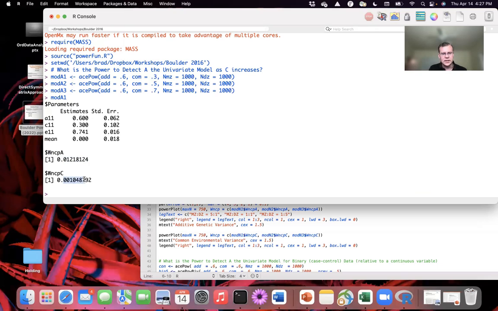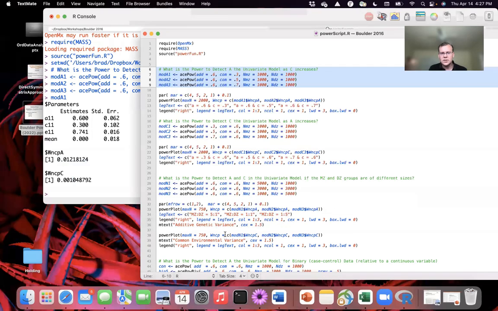And the value of C is going to be 0.00105 or so. And we can see that this value here for A and this value here for C correspond, or at least proportional to the non-centrality parameters, giving us some suggestion that what we're seeing is going to be